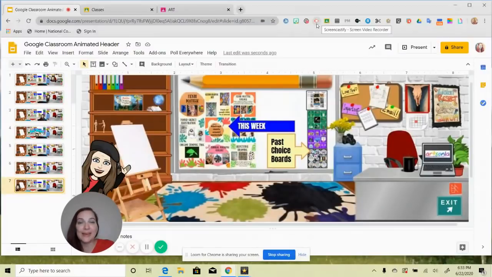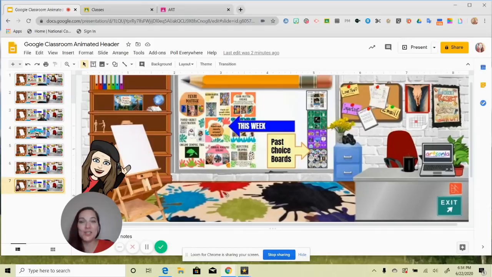And when I do that, I'm able to actually export it as a GIF. So once it is exported, it will be able to play on automatic rotation. I can take that little GIF file and upload it directly into Google Classroom. As easy as that. So Screencastify is the extension that you want for Chrome to be able to record your